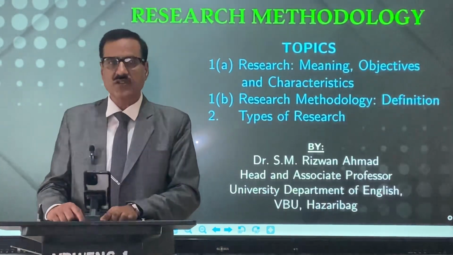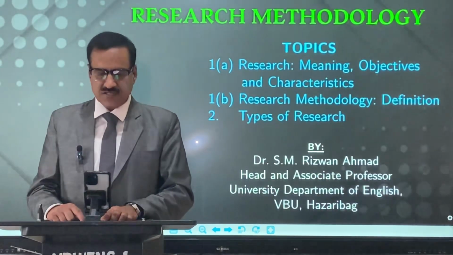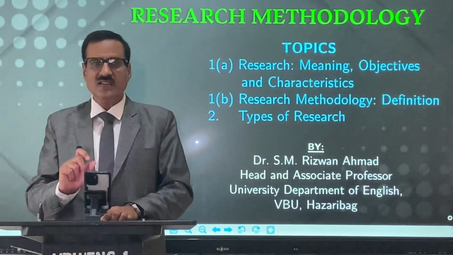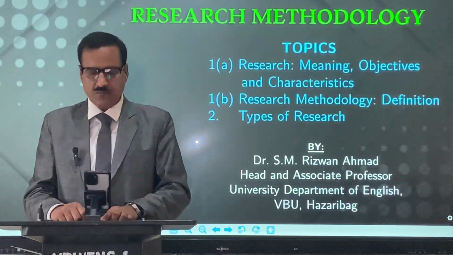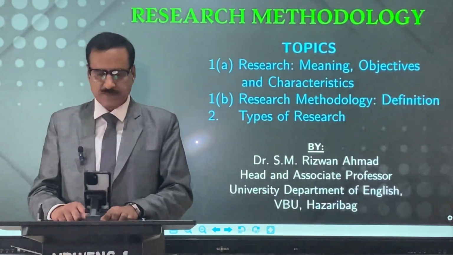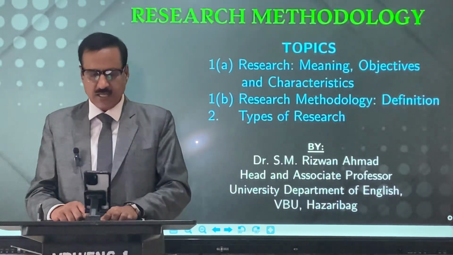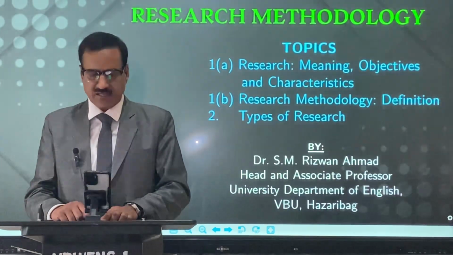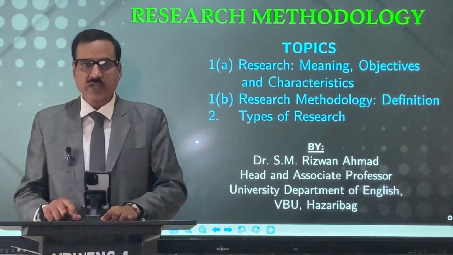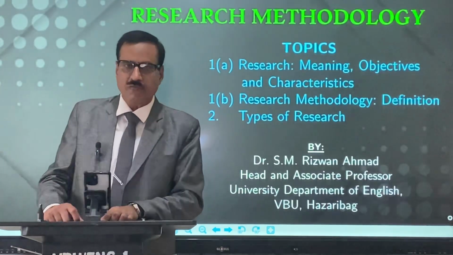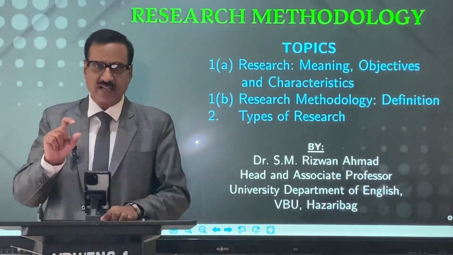The sixth characteristic feature of research is that it must be cyclical. Research starts with a problem and it ends with a problem. It must be logical too, the seventh point. Research is based on valid procedures and principles. The eighth point, replicable. Research design and procedures are repeated to enable the researcher to arrive at valid and conclusive results. So this was my first part of the video, that is meaning of research, its objective and characteristic features.